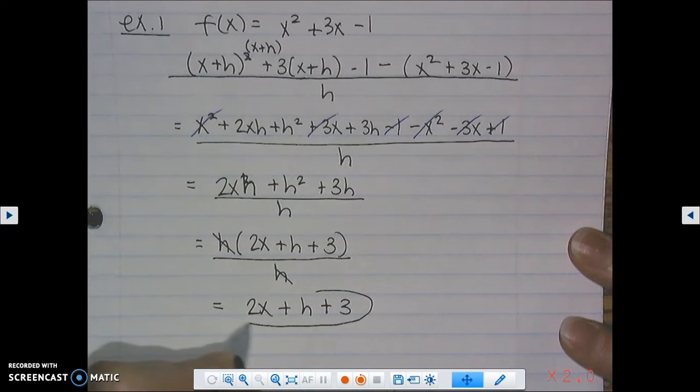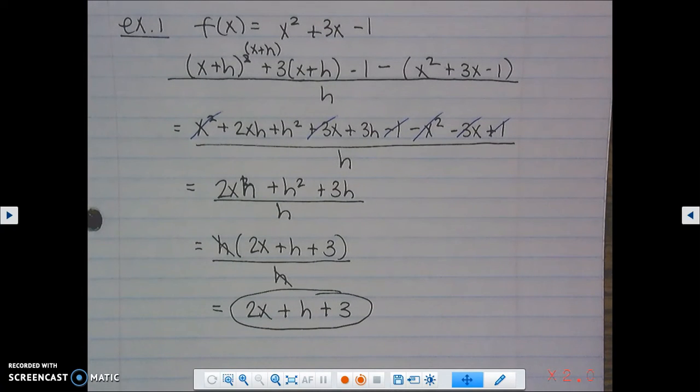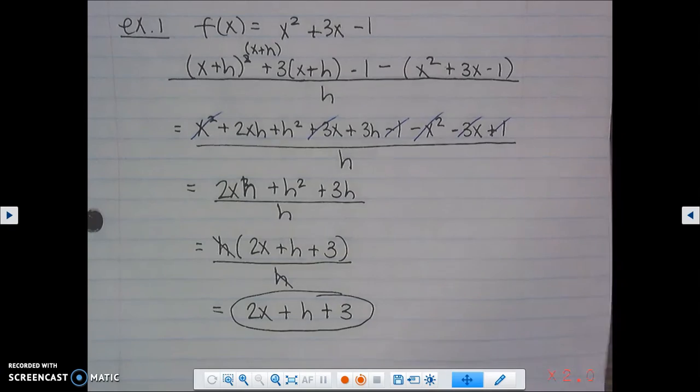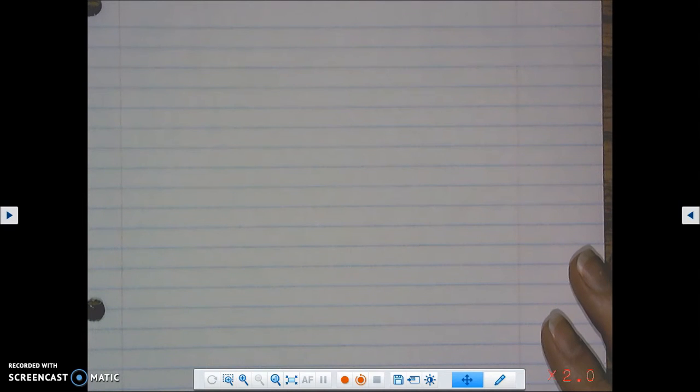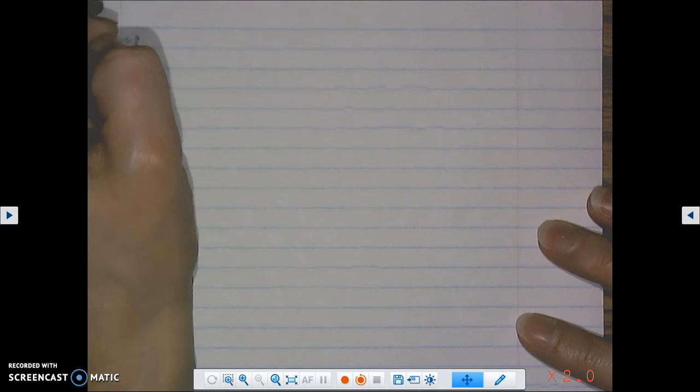Now, this doesn't mean very much to you right now. It will mean more when you get to pre-calculus and calculus, but that's what our answer is. That technically is the slope for the secant line between 2 points on this function. Okay? So we're going to look at another one here together. So if we have